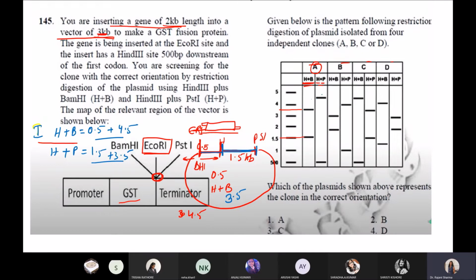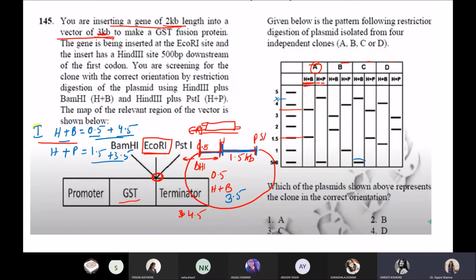Here also you can see if it will be in the same direction, then it should not give you 5.5. Now look for the two things, 0.5 and 4.5 in the H plus B region. So where will it have 0.5 and 4.5?